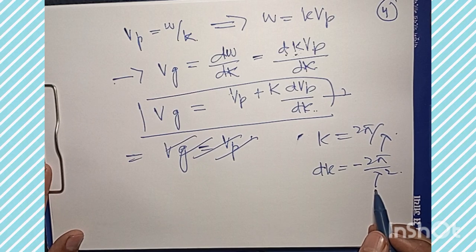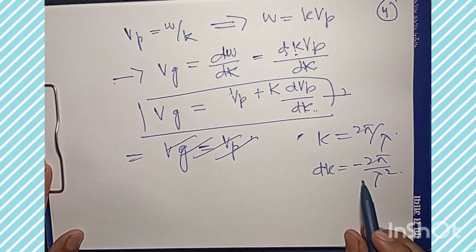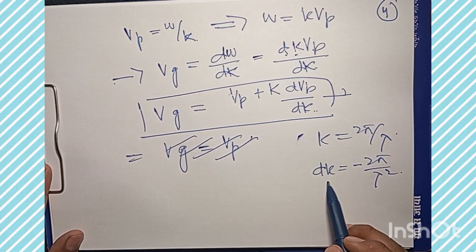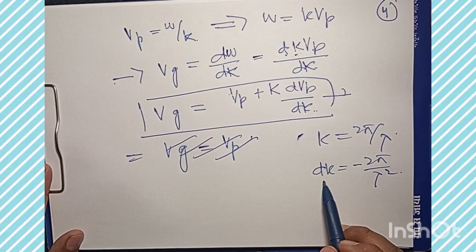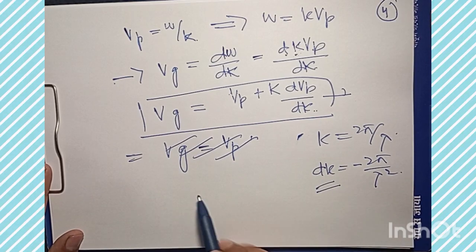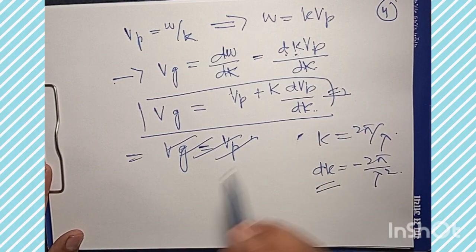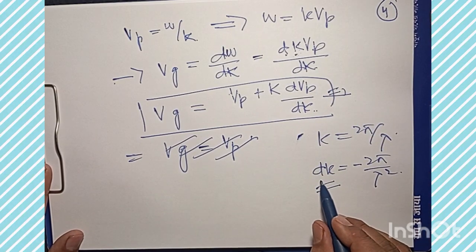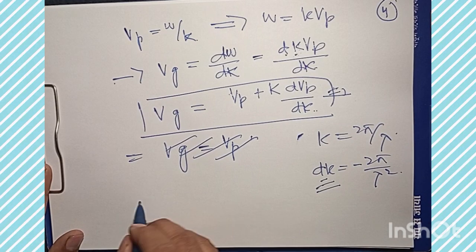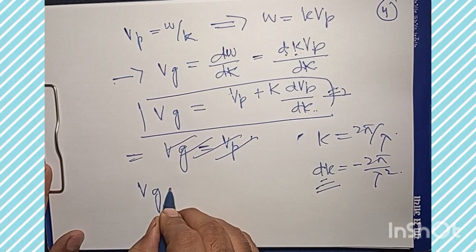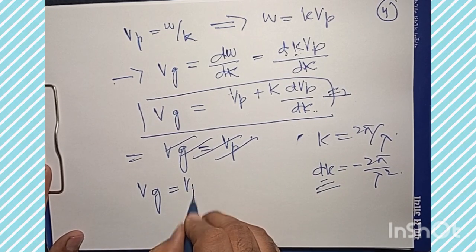And from this we have k and we have dk, and we can use this dk in this equation, right? If we use this dk in this equation, what we are going to get is Vg equal to Vp